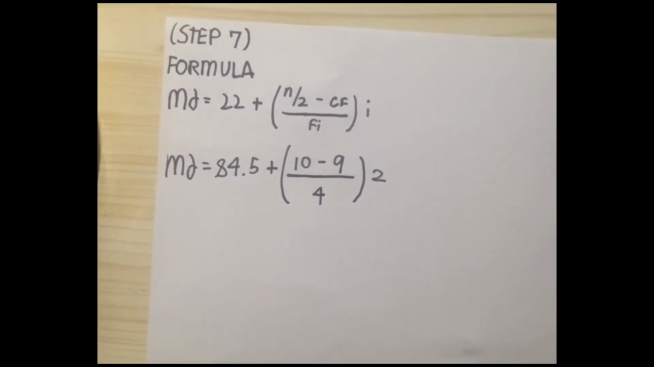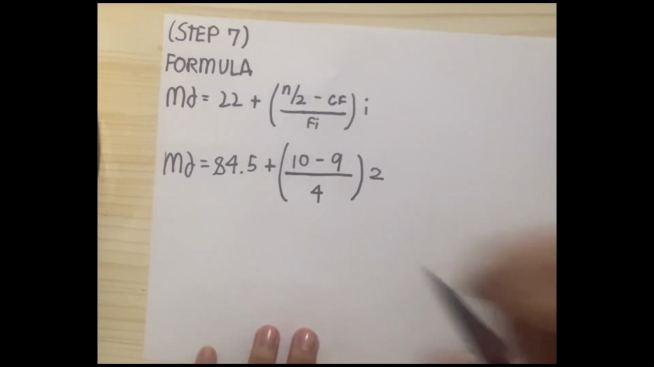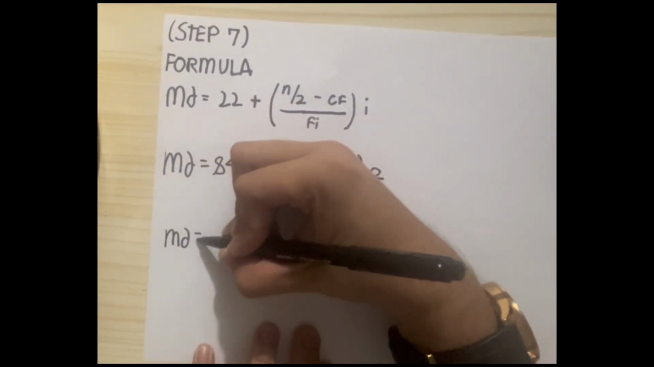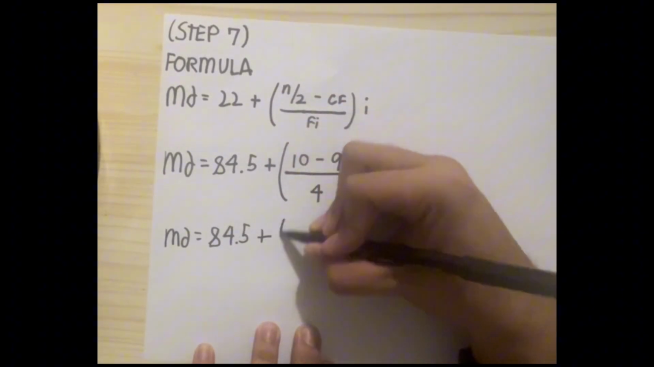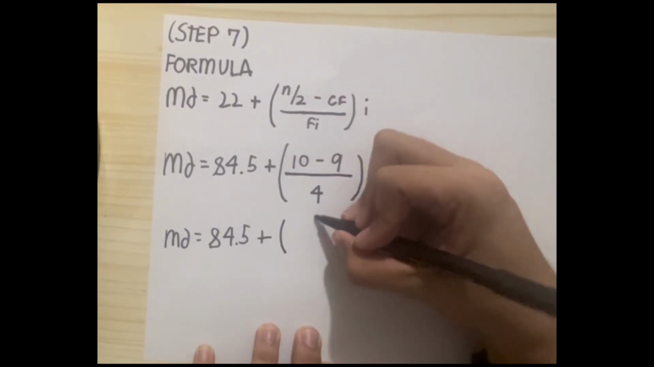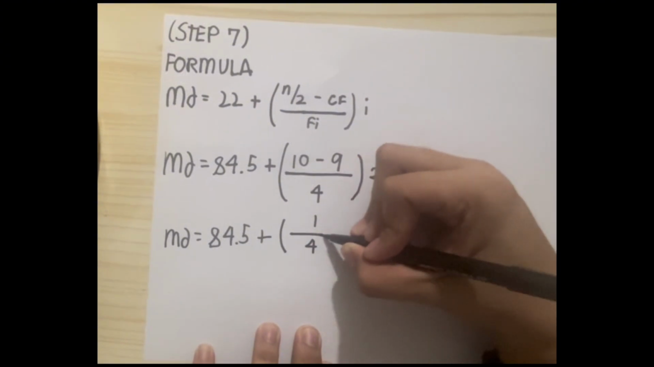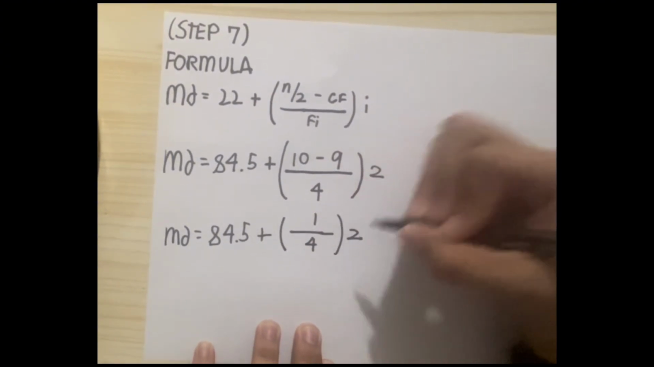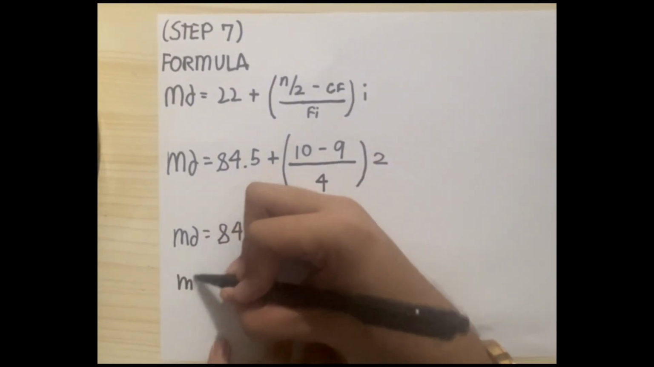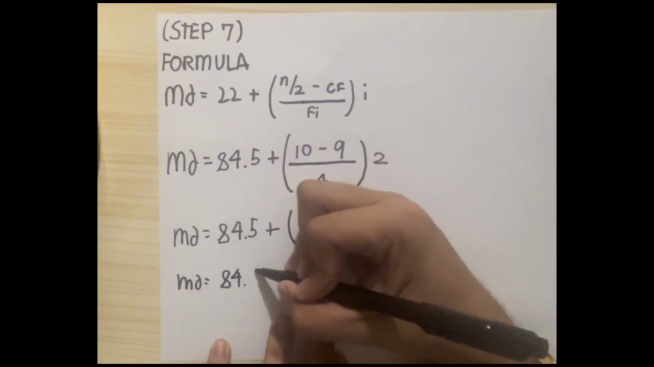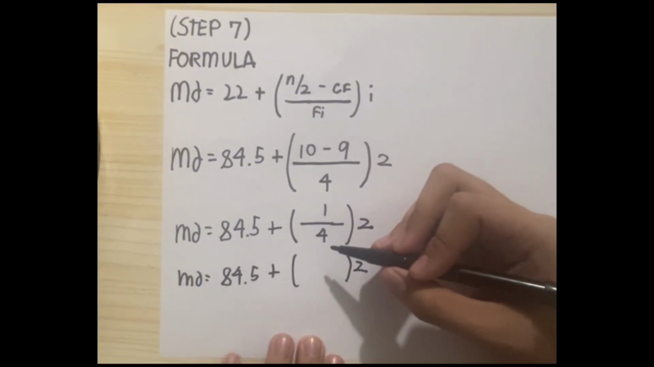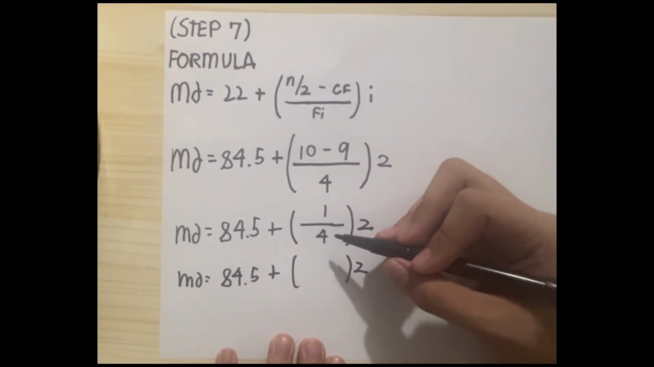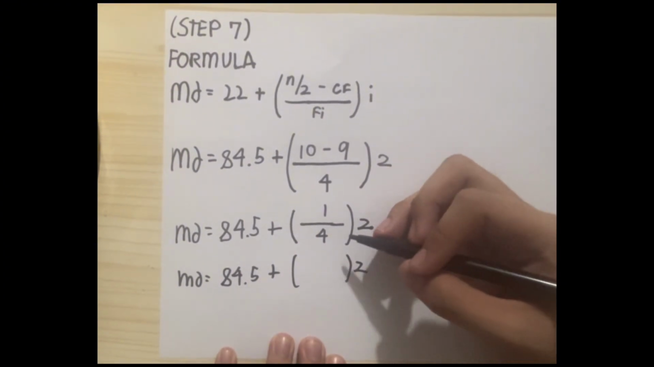Now that we have finished substituting the values, we will now be computing for the group median. MD is equal to 84.5 plus 10 minus 9 is 1 over 4, multiplied to 2. MD, which is 84.5 plus 2. Now from the fraction of 1/4, we will be converting it to its decimal form, which is